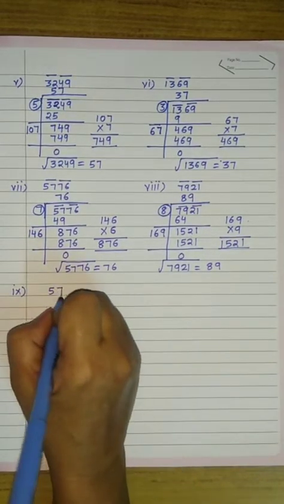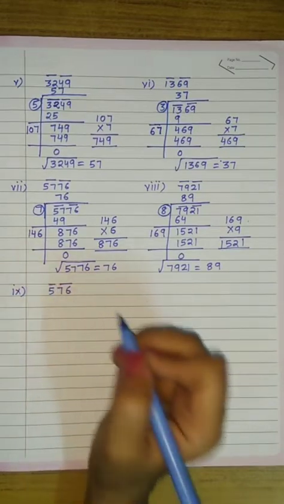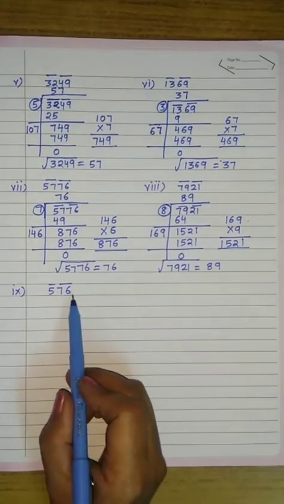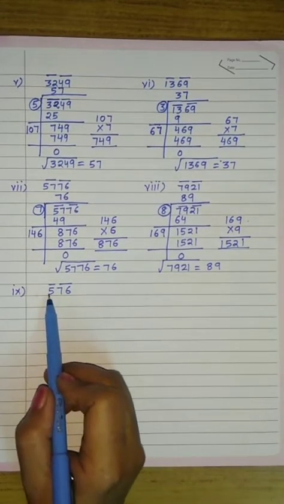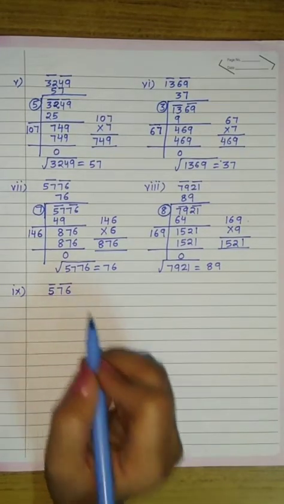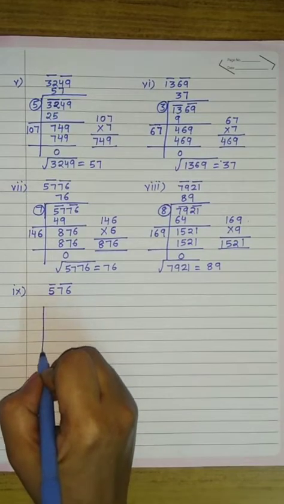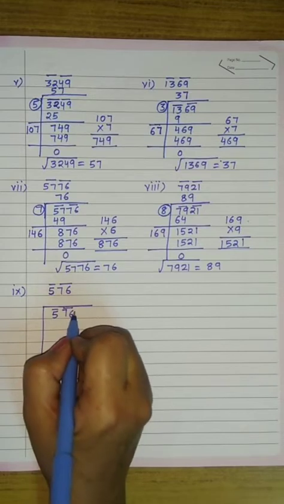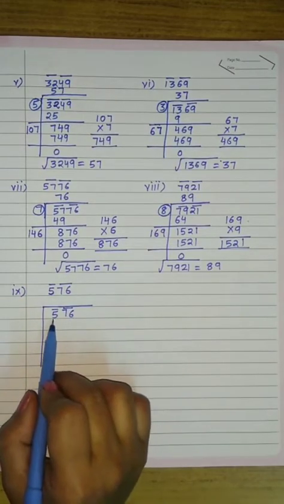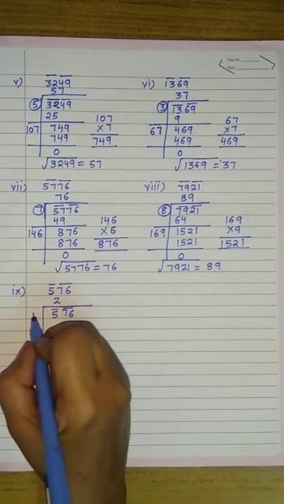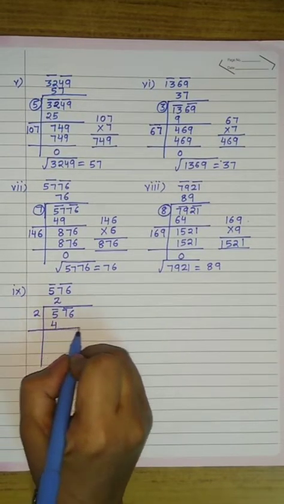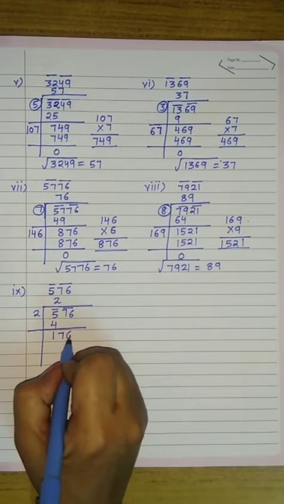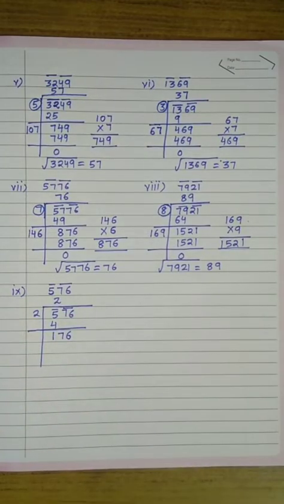Now the 9th part of this question is we have to find the square root of 576. Now this number has only 3 digits, so one bar will be on 76 and one bar will be on the single digit which is left, that is 5. So again we are going to find the square root of this number. The first bar is having only a single digit, that is 5. So we will use 2, 2 2s are 4. Subtracting 4 from 5 we get 1 and taking down the next bar, that is 76, our new dividend is 176.